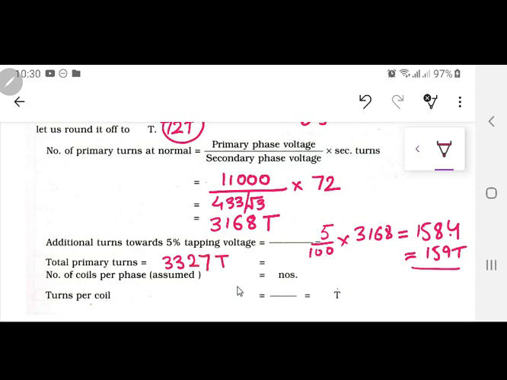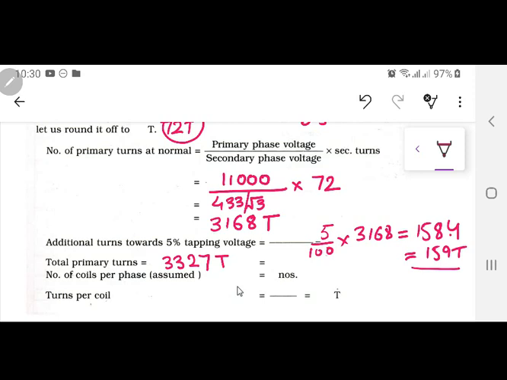Now, the number of coils per phase. This is totally for the design engineer, what we want to go with. This is a 100 kVA transformer. The author of the book is going with 4 coils over here. In the previous discussion we talked about that there can be 3 coils. Now here he is going with 4 coils. The only reason of having 4 coils is so that in the center you can have a little larger distance so that it can have a little more withstand capability of the insulation. And the taps, there are two taps. Those two taps are going to come from the two center coils.